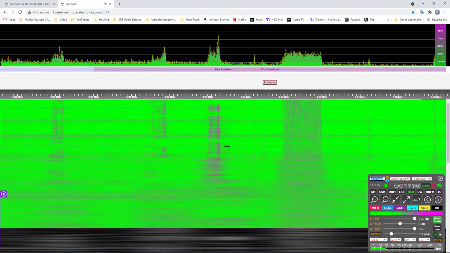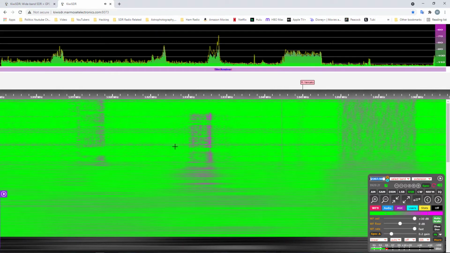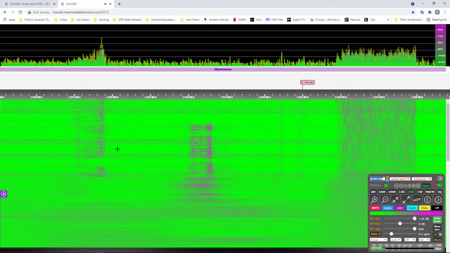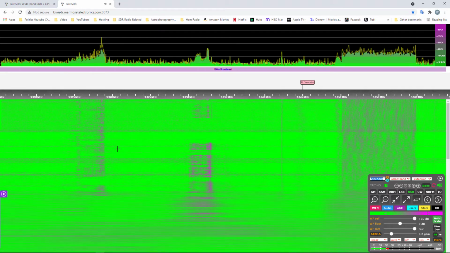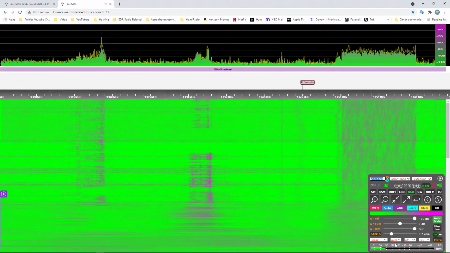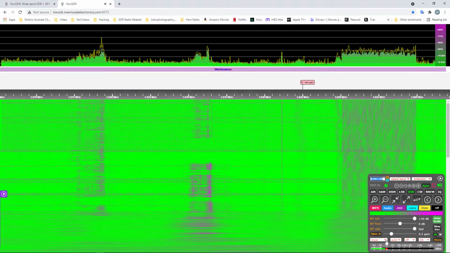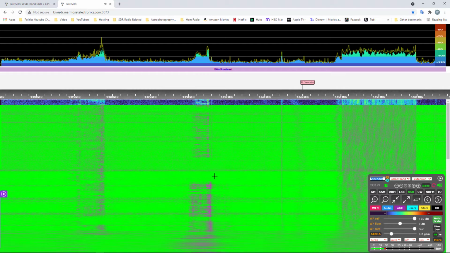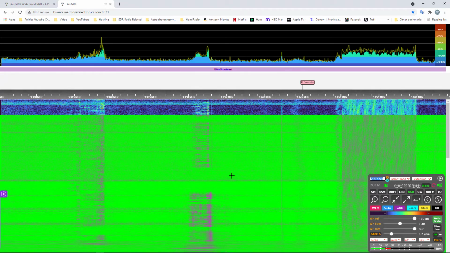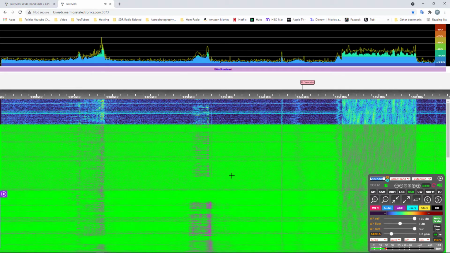It's got a purple color to it. So if you like purple, then go ahead and select linear. Here's turbo. That's what turbo looks like.